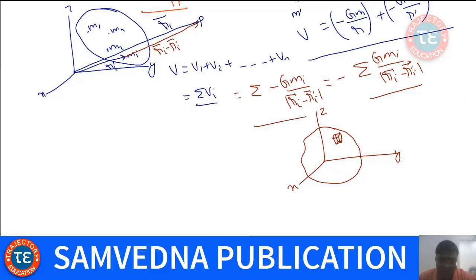And let's call this element dm, and suppose this is r dash, and suppose you want to calculate potential at point P, and the position vector of point P is r vector, then this vector is going to be r minus r dash. So you'll find first the potential due to this element, which is minus G dm,